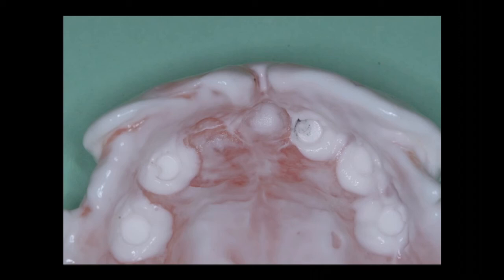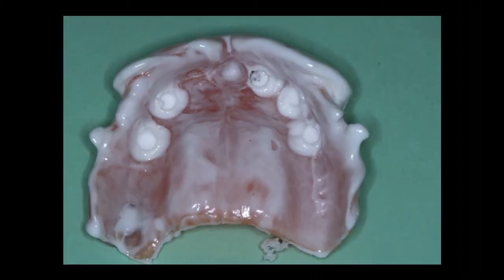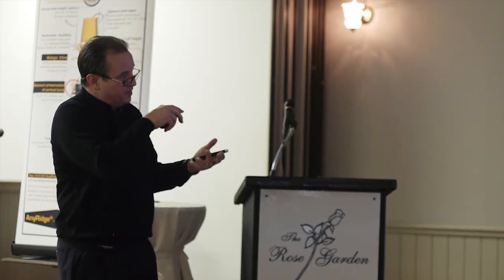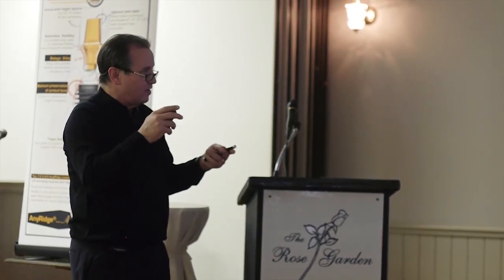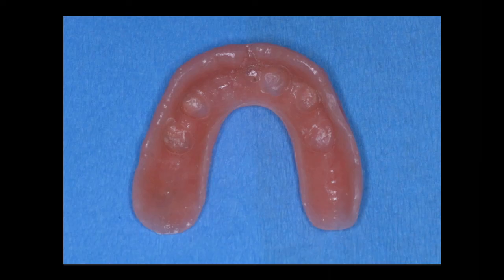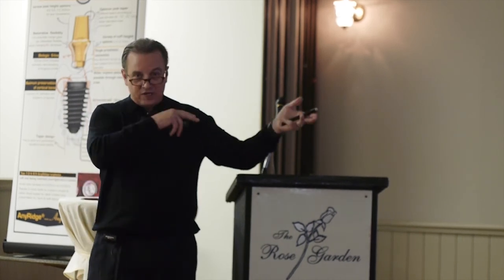And then once we know that we've got it seated all the way, then we're going to pour this up. This is a polyvinyl siloxane. So we're just going to pour it up in stone. And then we're going to mount this on a reline jig, which is another story, another lecture altogether. But in other words, we're going to do the reline in the office so that when we're done, we've got good hard cured acrylic all the way around, and then we're going to come back and cure these attachments in. This is his original denture. All we're trying to do is convert his original